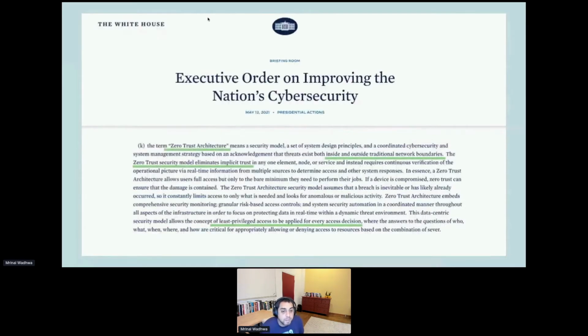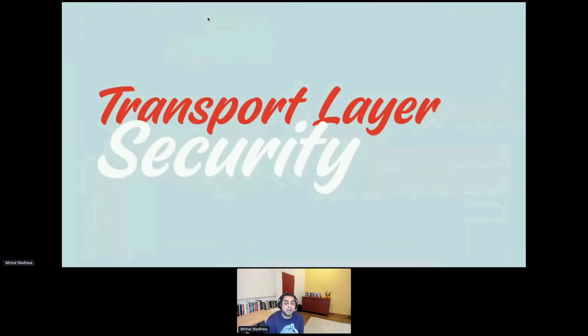This idea even showed up in the cybersecurity executive order from a couple of weeks ago. Essentially the same thing. Inside and outside traditional network boundaries, there are always threats. And at the bottom of the order, they highlight that least privileged access should be applied to every access decision. So this brings me to our second tool for protecting against